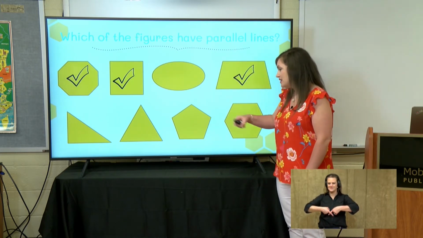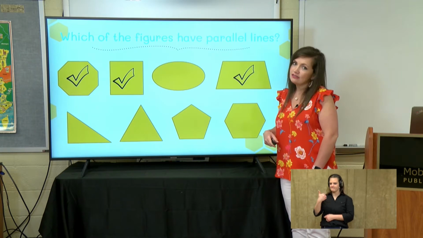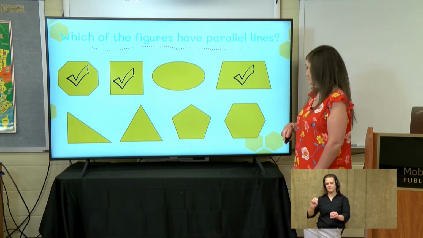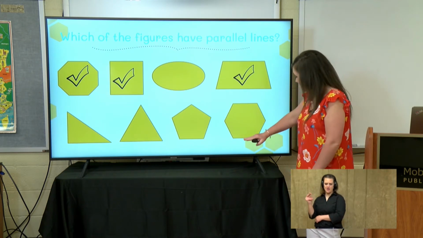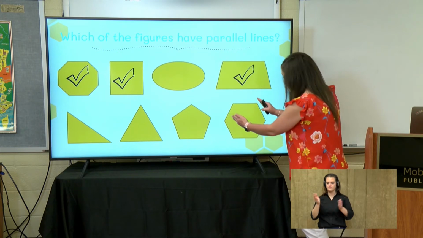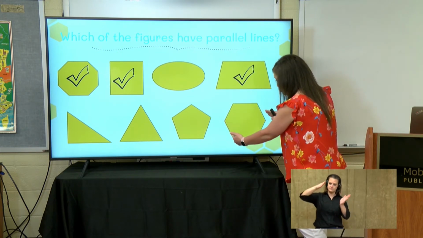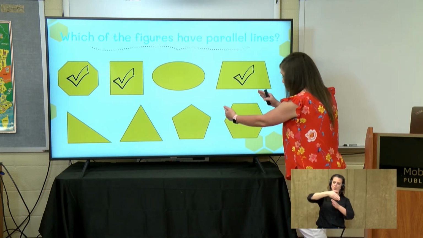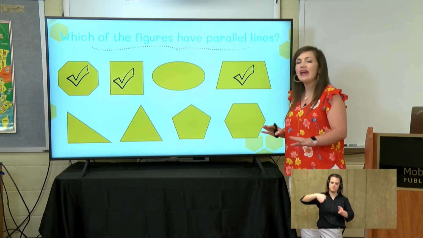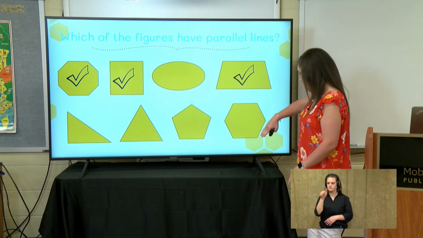So that pentagon actually does not have any parallel lines. What about this hexagon? It does. The top and bottom are parallel, as well as these sides that are across from each other. If we were to extend those sides, they would go on, and they would never cross, never touch, as with